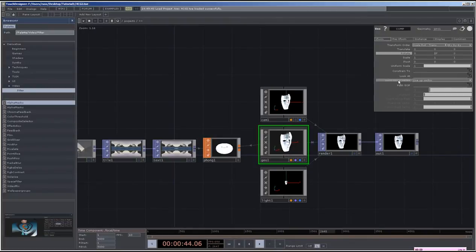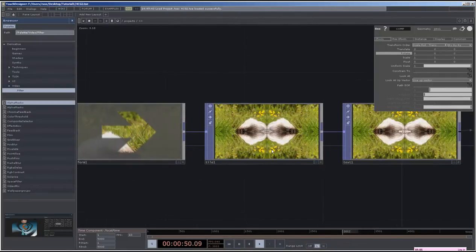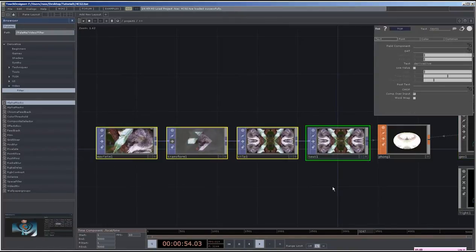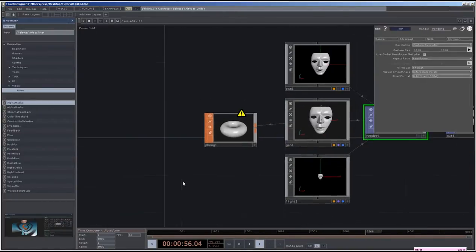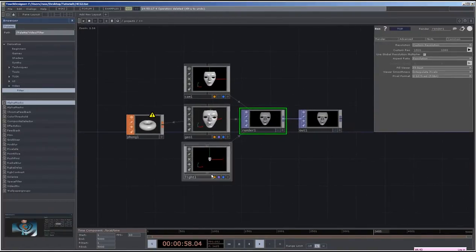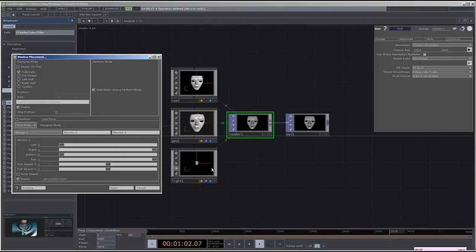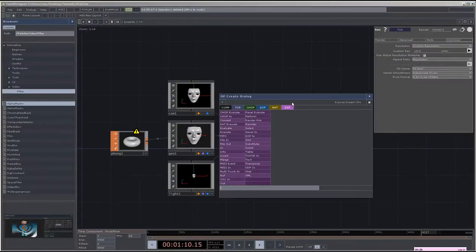I'm going to make it stop spinning by getting rid of the rotational variable. I'm going to get rid of the beavers by deleting this whole string. And I'm going to not have this show up on my second monitor by Alt-W and unclicking Enable and applying that. Now we need to get it out to the projector, so I'm going to pull up a window component,